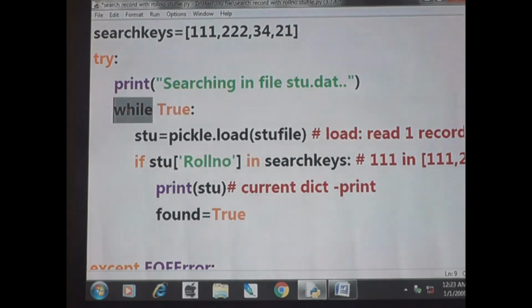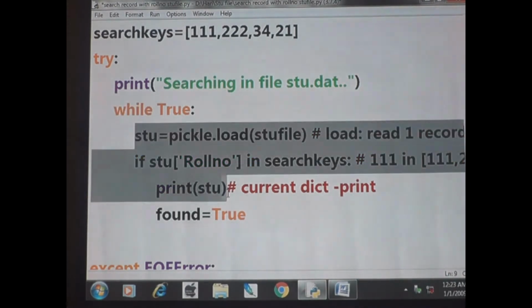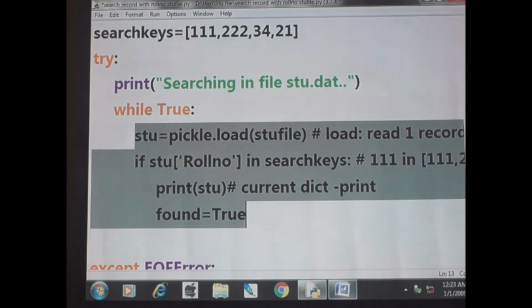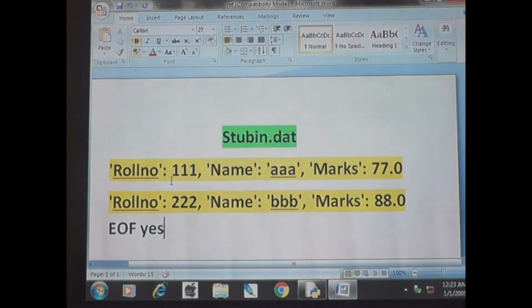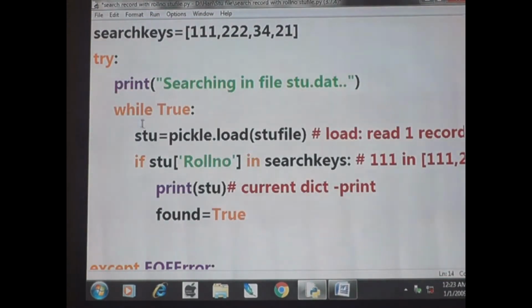Okay, so now we are going to see for what purpose we are using while True. Suppose I don't use while at all, this load will read only one record. That is, if I do not use the while, this portion will execute only one time. So what will happen? Only one line will be read. The second time it won't read. So however many lines there are, if we want to read them again and again, we have to use a while loop. Clear? So listen, come here.